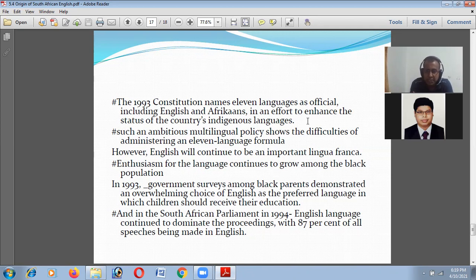However, English will continue to be an important lingua franca. Enthusiasm for the language continues to grow among the Black population. And in 1993, government surveys among Black parents demonstrated an overwhelming choice of English as the preferred language in which children should receive their education. In the South African Parliament in 1994, English continued to dominate the proceedings, with 87% of all speeches